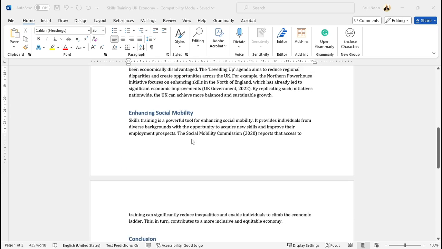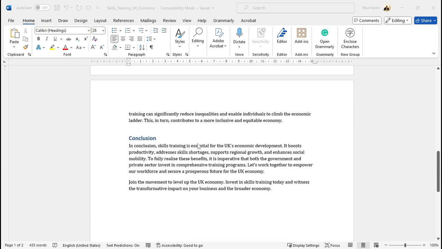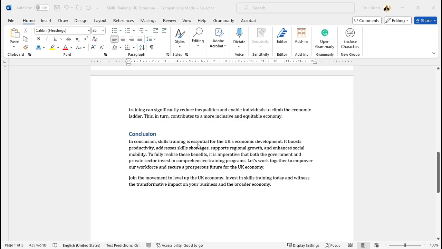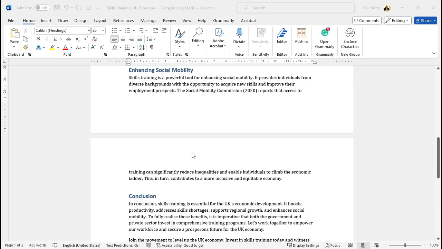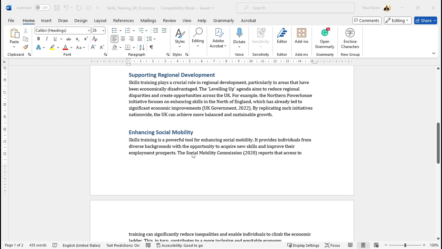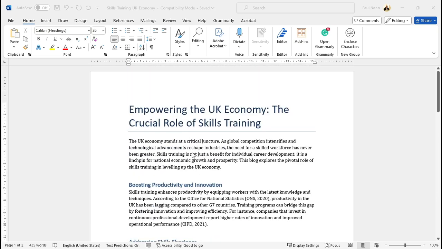It talks about the benefits and produces a conclusion on why skills training is really important, and there is a call to action at the end. So I can go through this, edit it, make sure it's absolutely right, check more of the references, add in my twist to the particular story, and then upload that to something like LinkedIn as a piece of content.